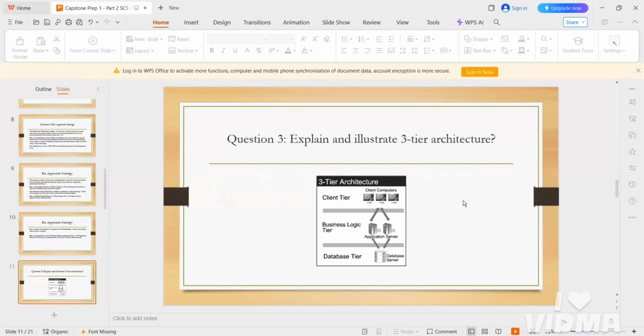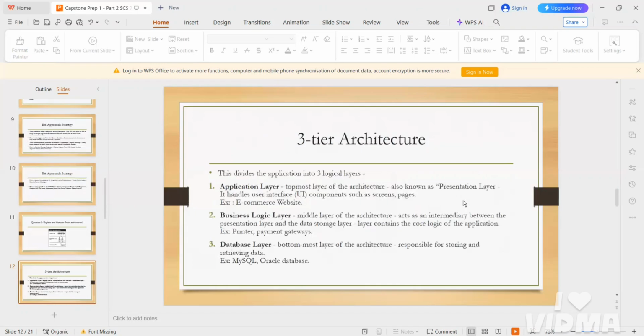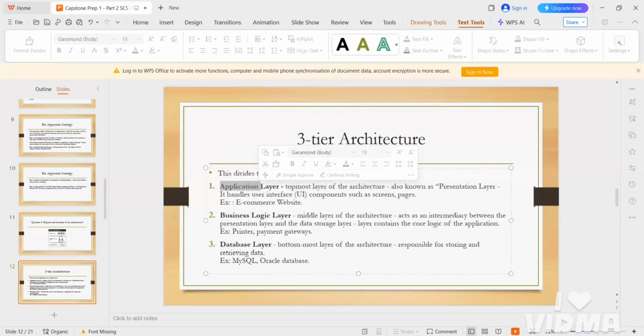Okay. This will be the presentation layer, and the next one we can call the business logic layer, or else the application layer. And the third will be the database layer.